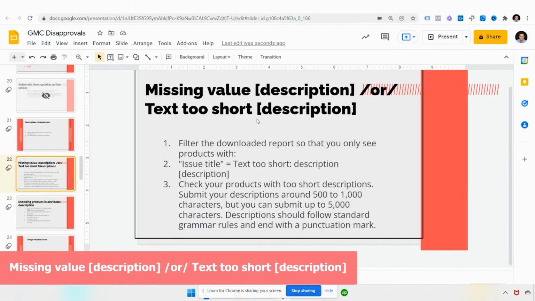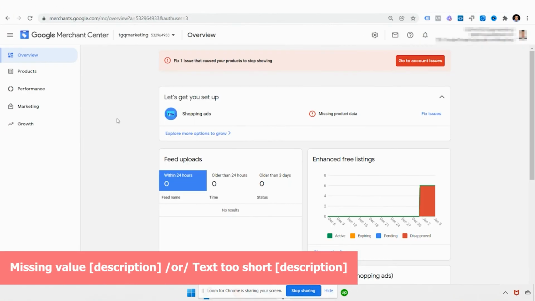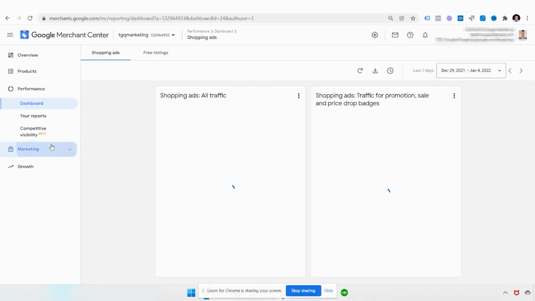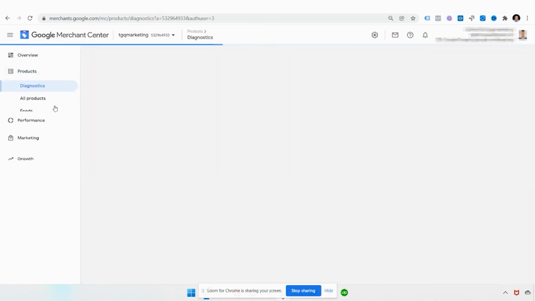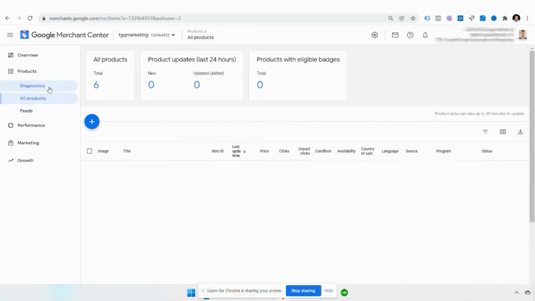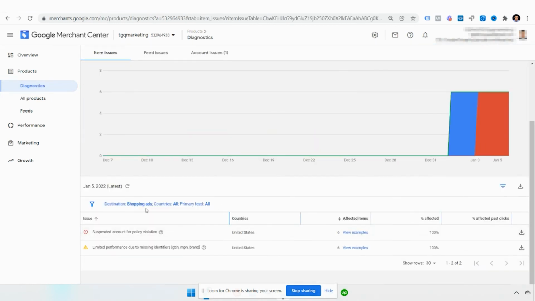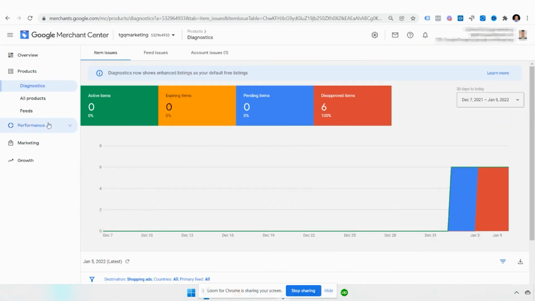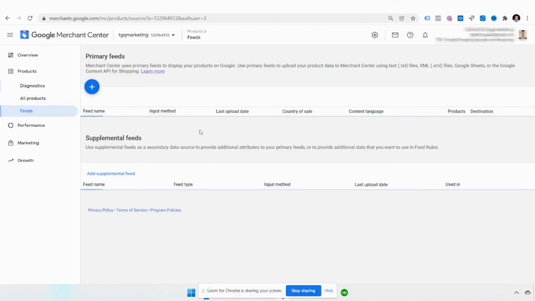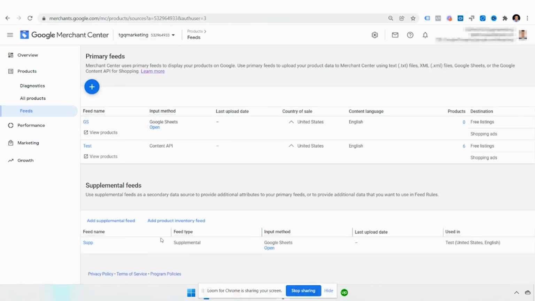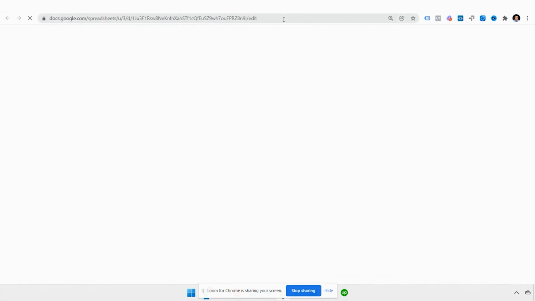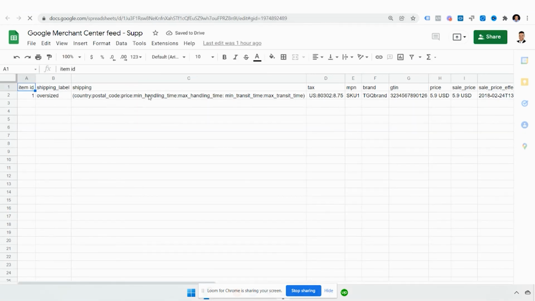All right, when your description is too short or you get this error, you want to check your Google Merchant Center, see products, diagnostics, and you want to grab the actual item ID of the product. You want to go to your supplemental feed and open that up. Then you go to supplemental feed, you open it, and once you have the item ID,